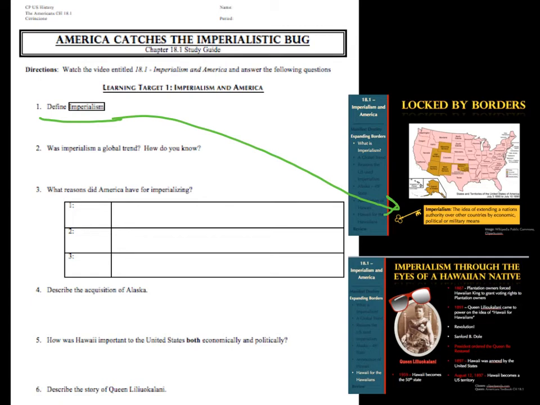Okay, so for example, it says define imperialism. Imperialism is right here. It's a key idea, which is why it's boxed in. It always relates. And the definition is right here for you. So this requires you to make sure that you listen to the video, you watch it, you write down the important definition there. The last question here, question 6, is talking about how you are going to interpret the annexation